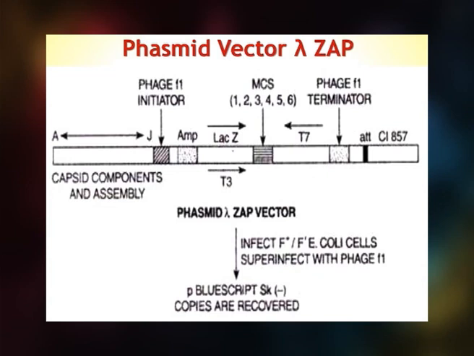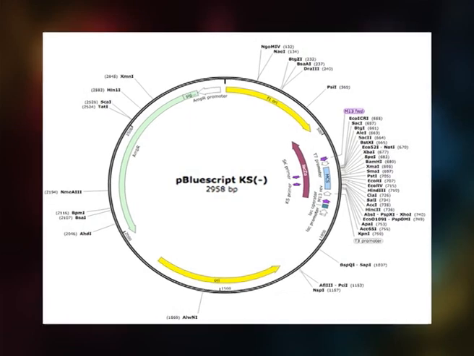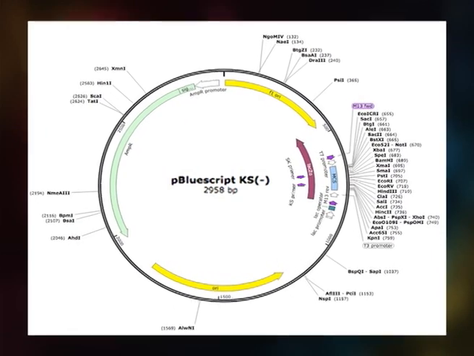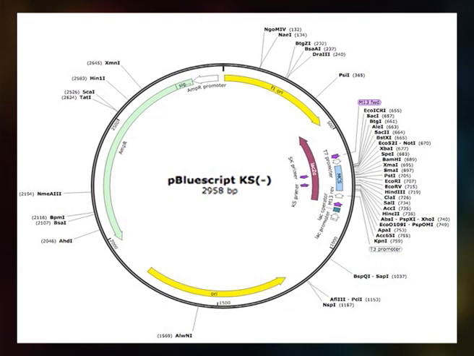Lambda-ZAP is basically an insertion vector and contains pBluescript SK negative within a shortened lambda genome. This vector contains F1 phage initiator and terminator sequences that flank the pBluescript negative sequences. These two sequences have been derived from F1 origin of replication. The chief features of lambda-ZAP are summarized below.